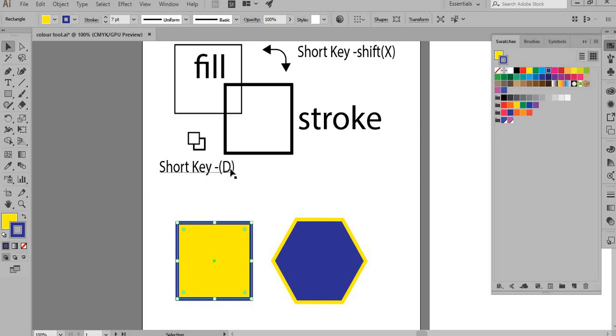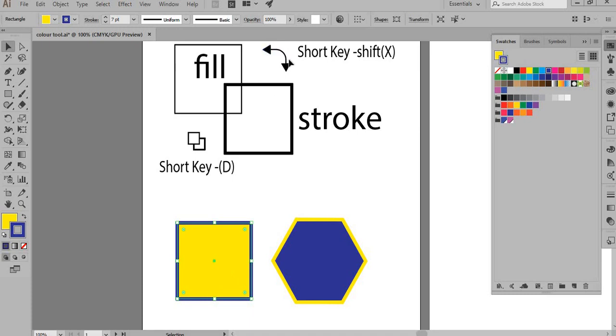So if I click on this icon, which is right here, and the short key to this is D. If I want to use the short form, I can just click on the letter D on my keyboard, or I can click here. It will bring me to a white fill and a black stroke, which is of 1 point weight. I will go back by clicking on Ctrl Z. So this is what the short key D does.